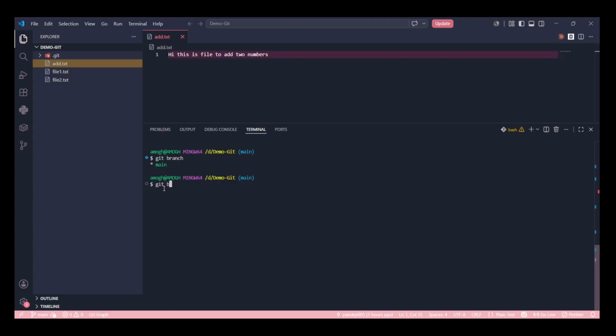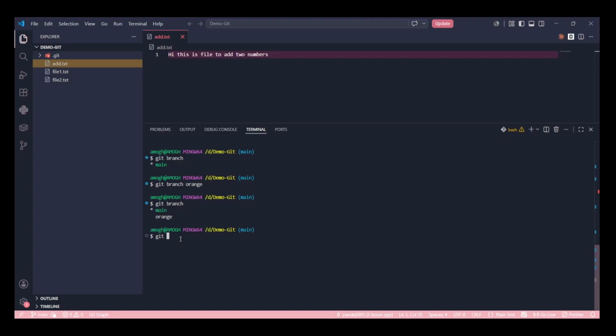There is a command to create a branch: git branch and the branch name. Git branch orange. A new branch is created, but you have got nothing. I'll run the branch command again, and you can see there is a branch called orange. Is it okay, guys? Is it confusing? Now you have two branches. There are multiple ways to create branches. I'll teach you every single thing.